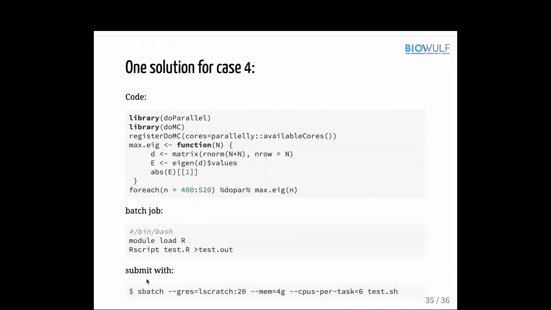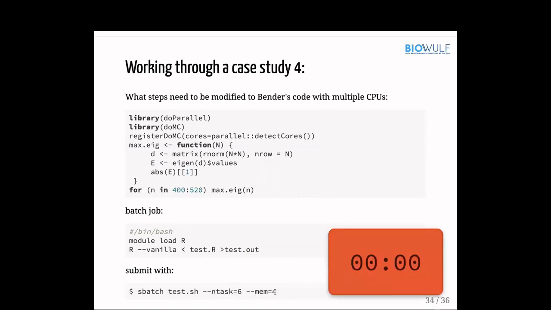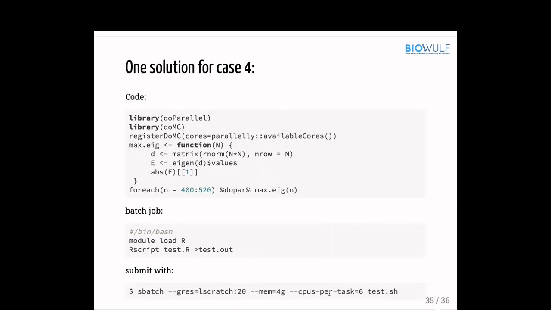And for the submit job, you already caught the scratch, and the parameter should be before your batch job. And here's also some catches, like the memory should have a G. Otherwise it will fail like this memory. And do not use ntasks, that's for MPI jobs. You want to use cpus-per-task instead.